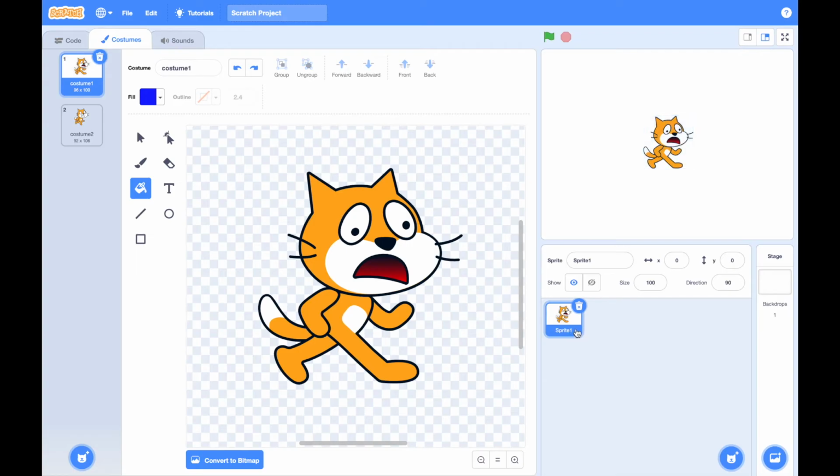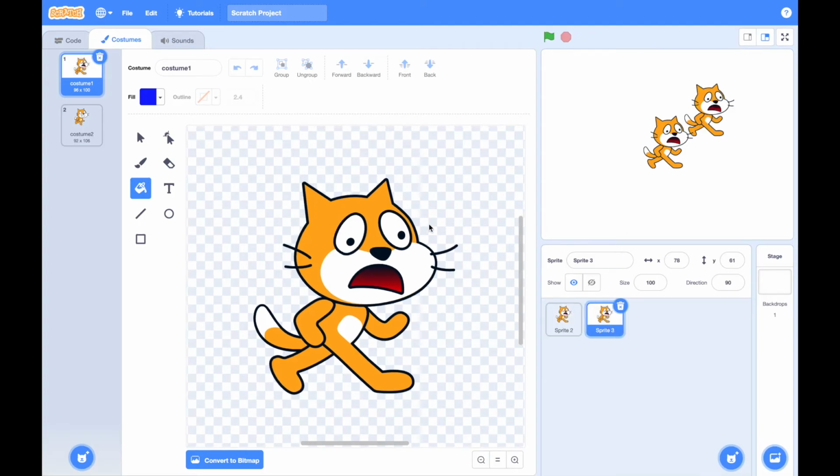So you can do sprite 2, and then that's changed there. And then what you can do is you can duplicate, and you can change to that one. Call that sprite 3. Then you can flick through between them. So the reason why you might change the eyes or change the mouth or change the colors is if you were doing